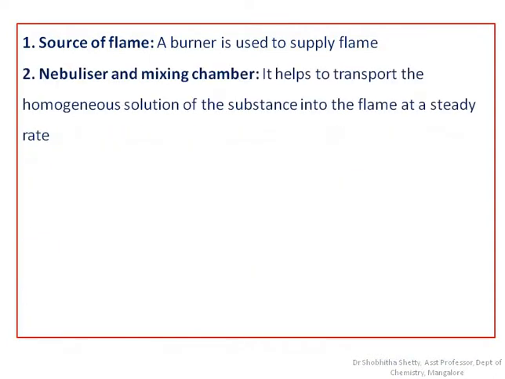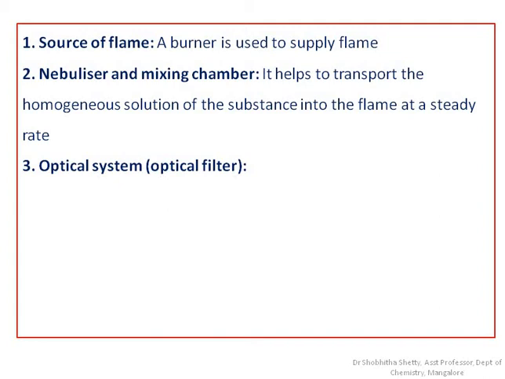We have a nebulizer and mixing chamber in the flame photometer, where, as the name itself indicates, the nebulizer helps to transport the substance, the metal or elements in their solution form, into the flame at a steady rate. So fine droplets are supplied through the nebulizer,